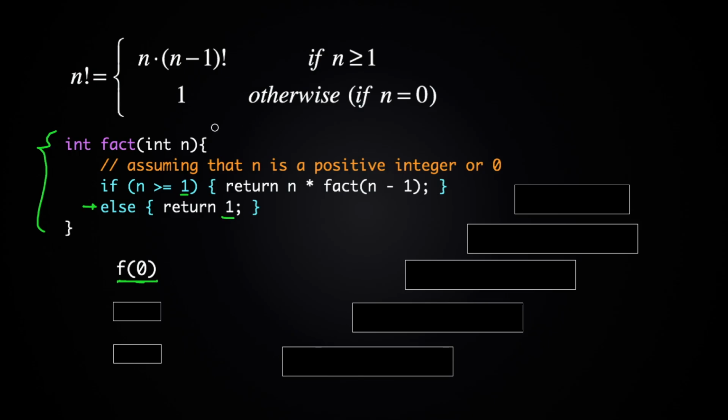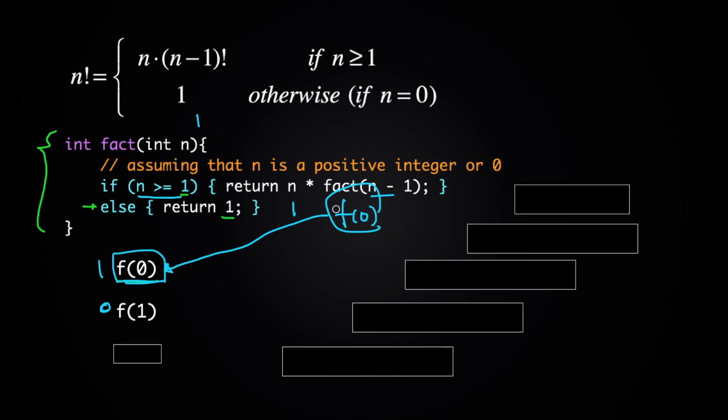And what if you're given 1 as n? Then I'm just going to write f of 1 here to stand for fact of 1. When this is called, it's going to hit this line right here because n is equal to 1. And then it's going to try to return 1 times fact of 1 minus 1, which is 0. So f of 0 here. And then when f of 0 is called, it's going to go to this right here that we saw earlier. And then f of 0 will say, okay, my value is 1. So this is going to return 1.